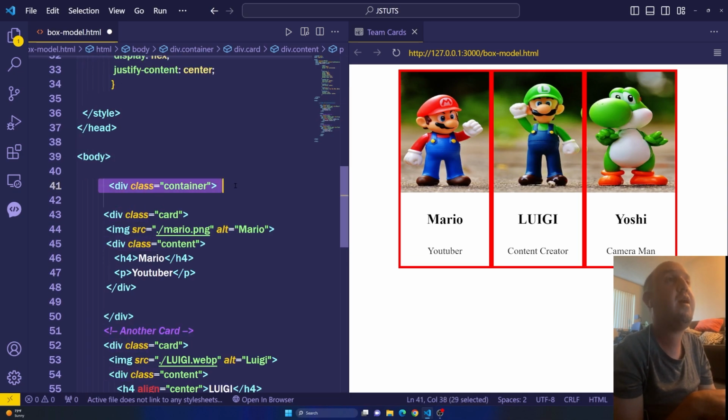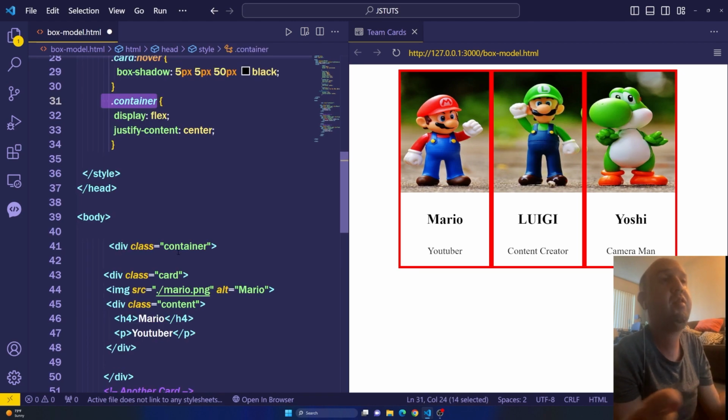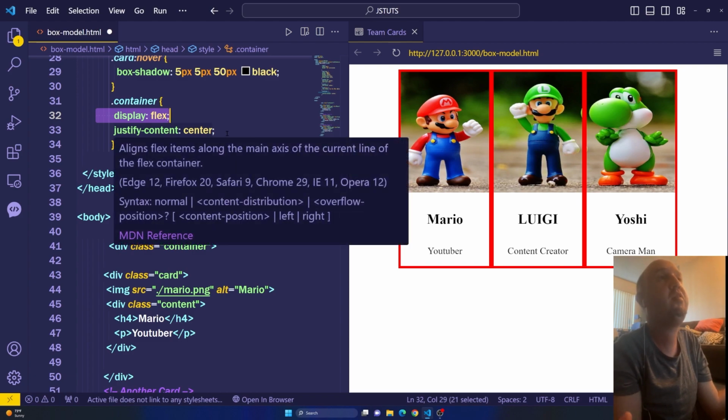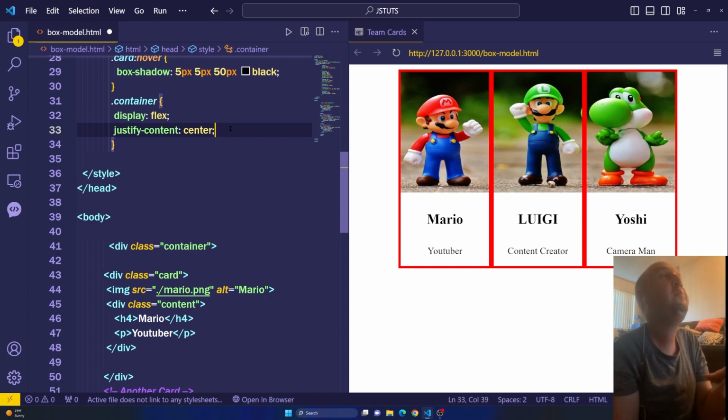And inside of that container div, you see we have selected it. We have given it the class called container, and we have set the display to flex and justify-content center. So this is one of the fastest ways that you can center anything and display things next to each other